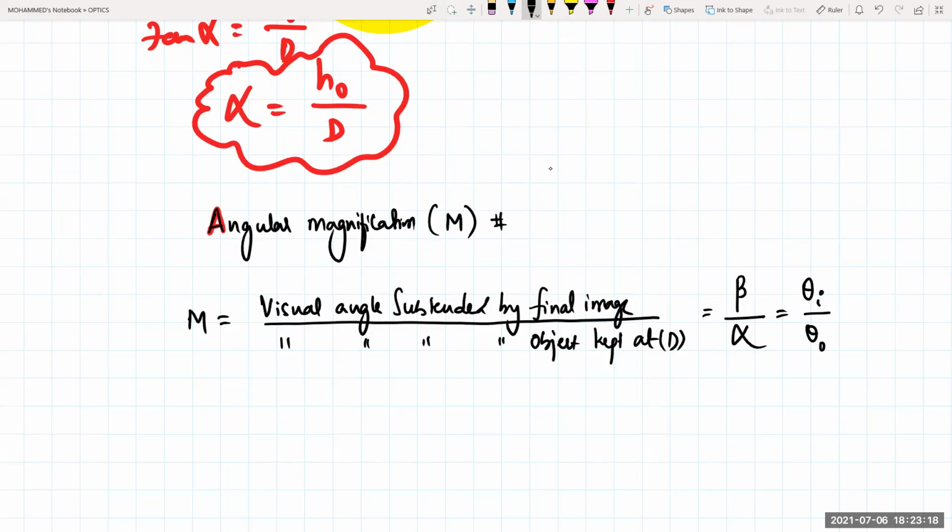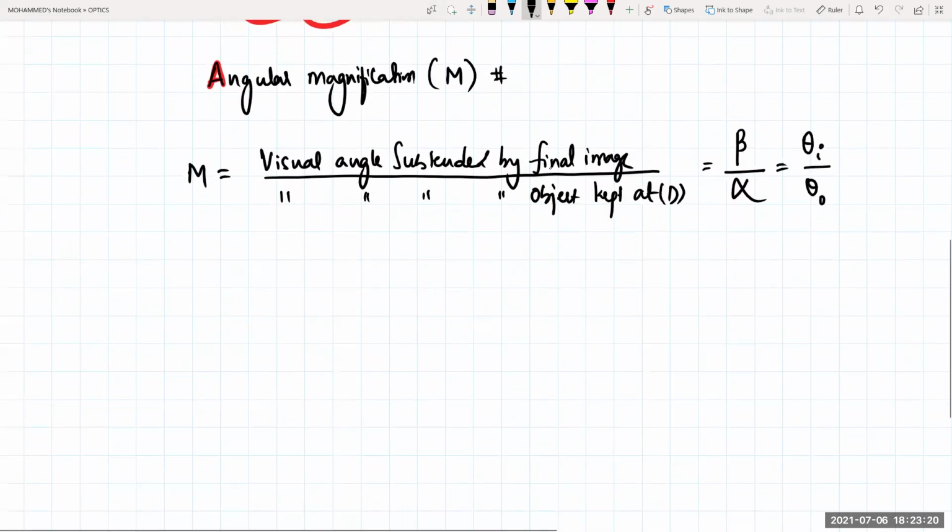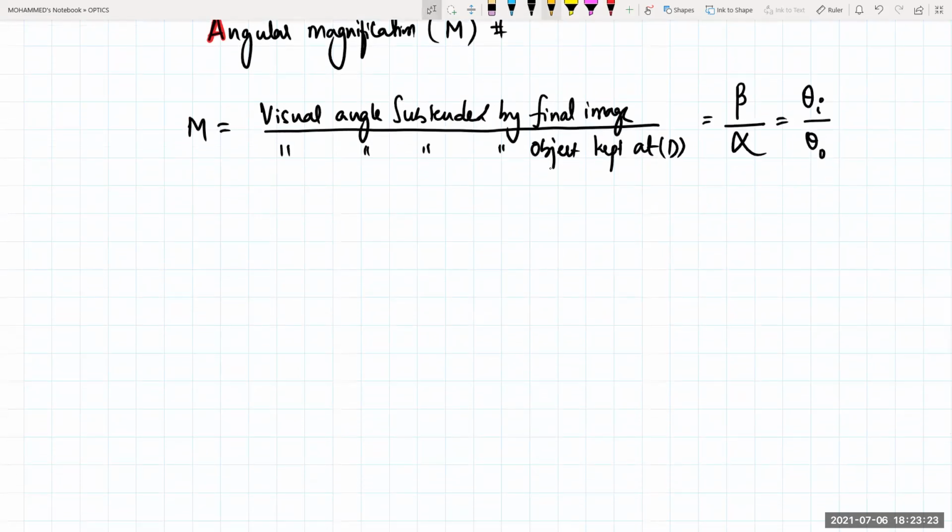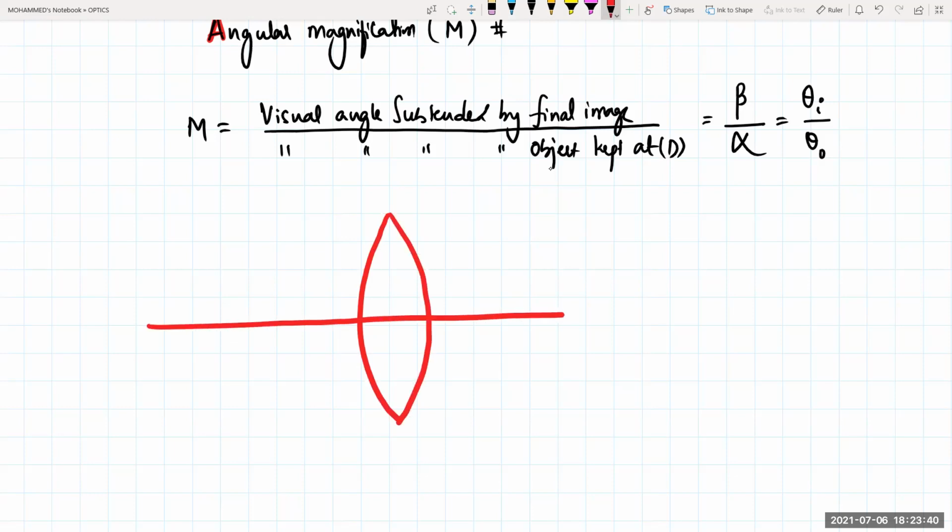If I'm talking about your simple microscope, in a simple microscope we generally use a convex lens. We generally use what type of lens? A convex lens, like this. This is your convex lens. Let me write here: simple microscope is nothing but a convex lens. So I'm drawing a lens right now. This is your principal axis, and in front of this there is an object like this. The object is very near to the lens. This is the height of your object.